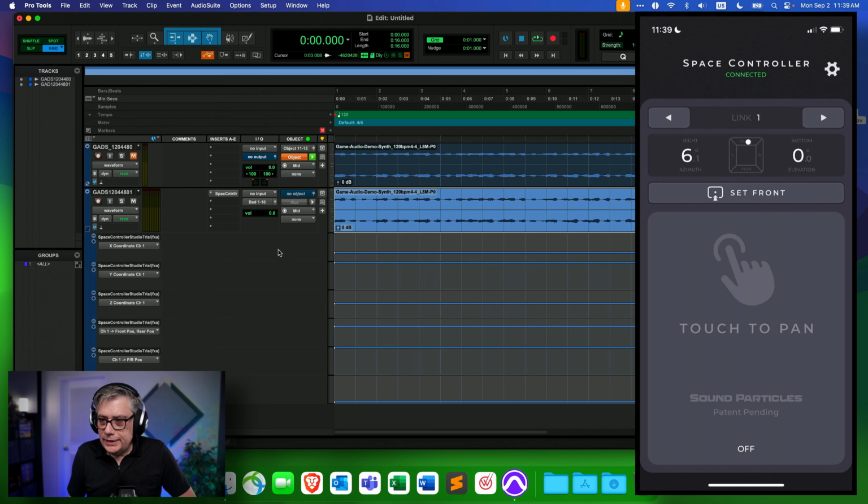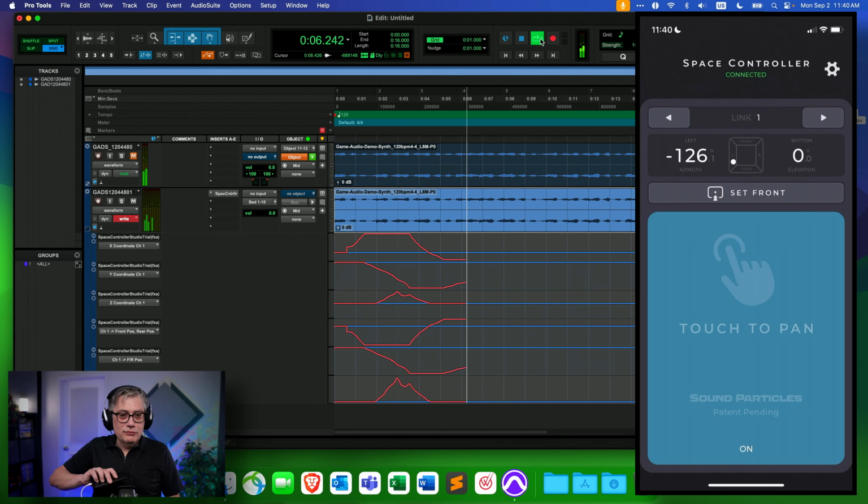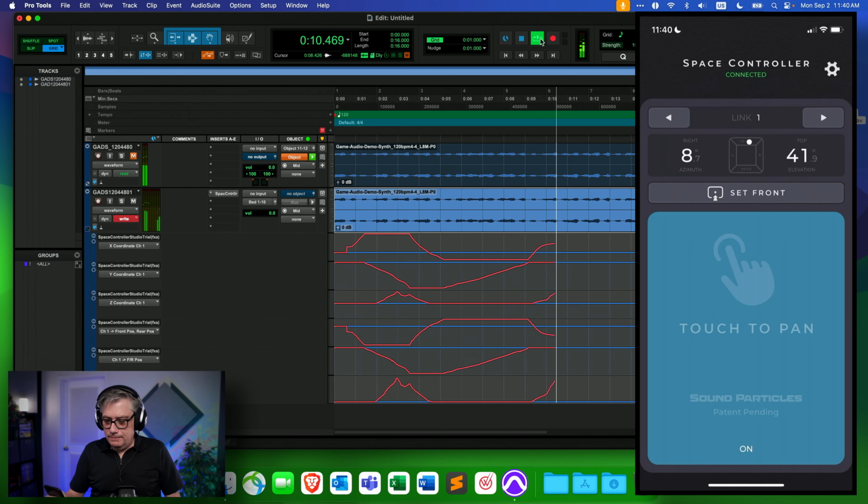So now let's record an automation here. Let's turn it over to right, and let's just do a swipe around, and then copy that over to our Ultimate Panner. So let's just play that here. What I'm going to do is simply move that around. I need to be a little bit careful with the cable that I'm having here. And then maybe up and to the back. And that's really everything I needed.